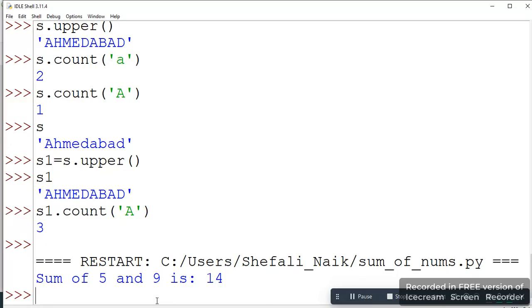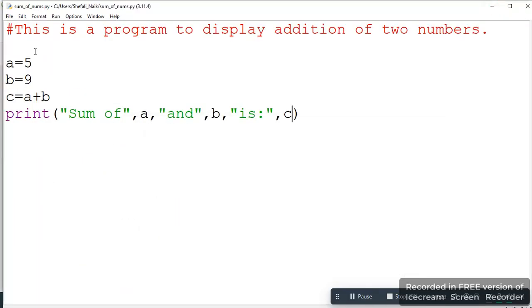So now it is showing sum of 5 and 9 is 14, right? But this program will always display the same message. I mean, until and unless I change the value of A and B, it will show you that sum of 5 and 9 is